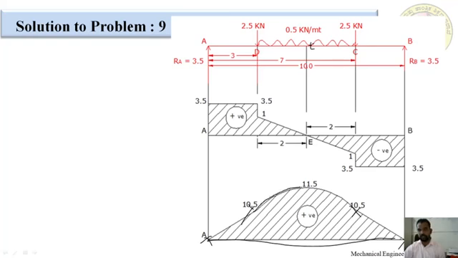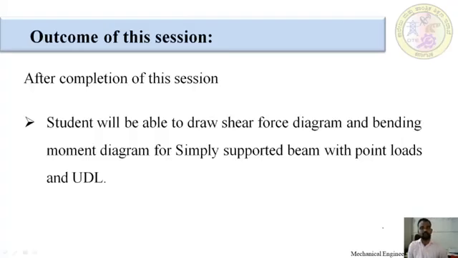For that reason, I am going to draw one curve from D to C, because only here we are having the maximum bending moment. After that, there is no load between these 2 points. Draw with a straight line. Here also there is no load between these 2 points. Draw with a straight line. This is positive bending moment. Okay, in the next slide we are going to have the outcome of this session. After completion of this session, the students are able to draw very easily the shear force diagram and bending moment diagram with the help of a simply supported beam, even after applying point load and UDL.